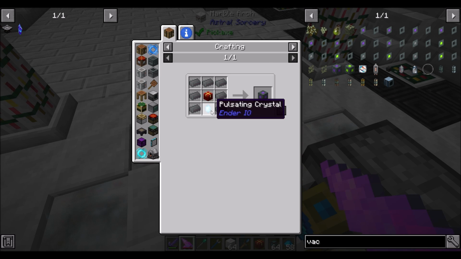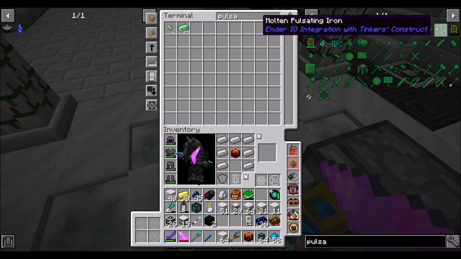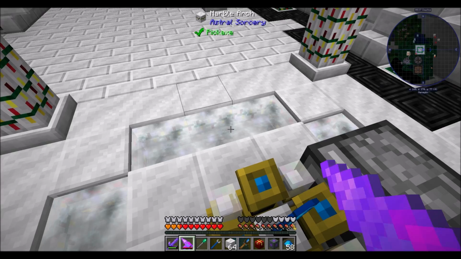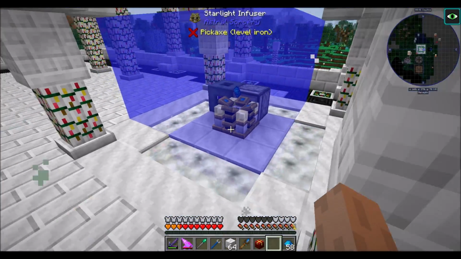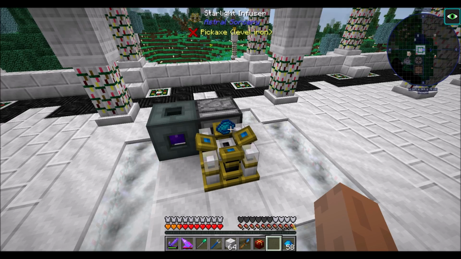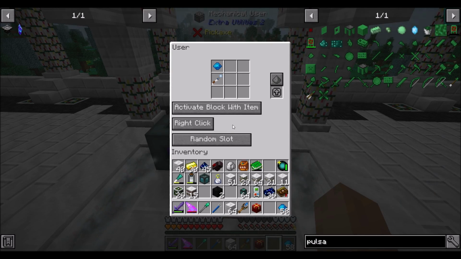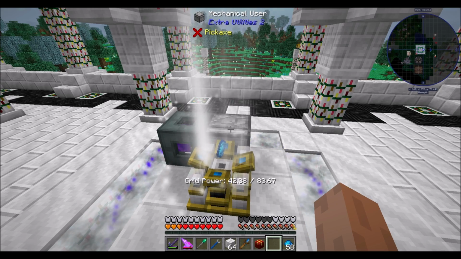That seems reasonable. Do you know how to make pulsating crystals? I'm assuming you need pulsating ingots. Yeah, that's all. Actually, yeah, you're cool. Where'd that chest go? The vacuum. There you are. Chest. That's neat. So we could filter it if we wanted to. I'm just going to bring the range down to 2, which is going to be about that big. Nice. Okay. Yeah, so now we just need... If I put you in there... Sweet. That's cool. So it's going to use a random slot, but it should be fine, because it'll randomly...